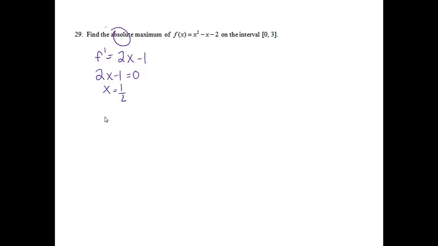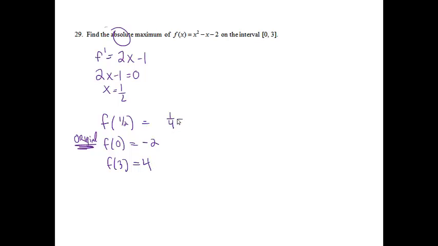Okay, so for the next thing that I want to do, I want to find f of 1/2, and I'm also going to find f at the endpoints, and these are going back into the original function. So if we put 1/2 into the original function, we get, I have negative 225, but I don't see how that could be. I don't think I have the right answer for that one. If I plug 0 into the original function, I'll get negative 2. If I plug 3 into the original function, I am going to get 4,